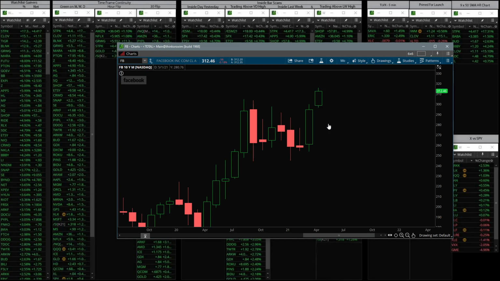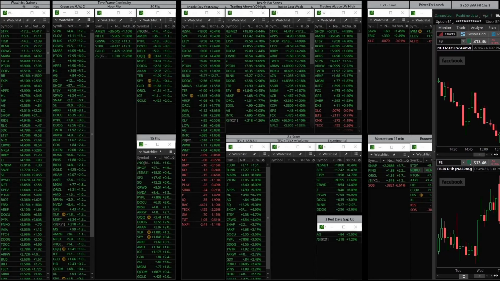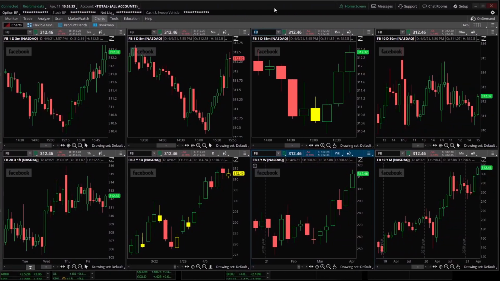according to the strat. Now, we're not going to talk about this too much. We will talk about the inside bars in a little bit. Just wanted to briefly touch on this just to give a little bit of an overview. The second main element of the strat is time frame continuity. And time frame continuity, what that means, we'll pull some charts here,